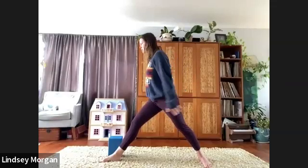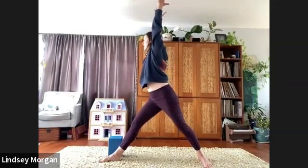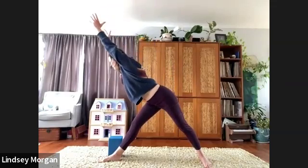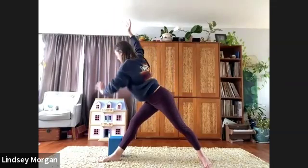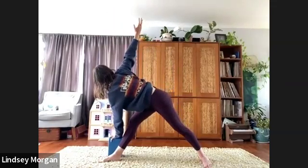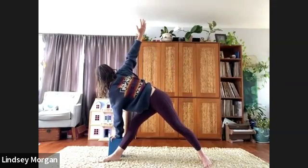I like to start this posture by reaching the arms up nice and long, similar to our warrior one, and then begin to hinge forward over that right leg. From here, we're going to revolve the torso so that the left hand can come down onto the block outside of that right leg. So this might feel fairly intense at first, this twist, as well as keeping the feet